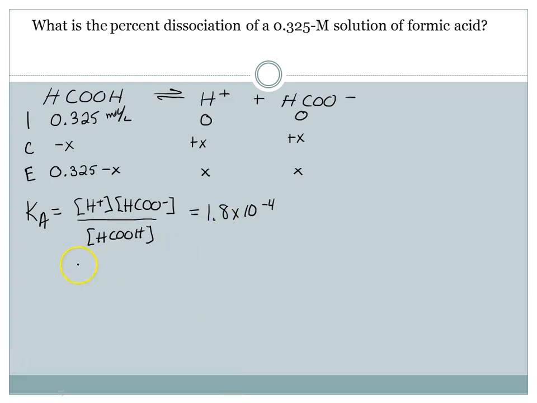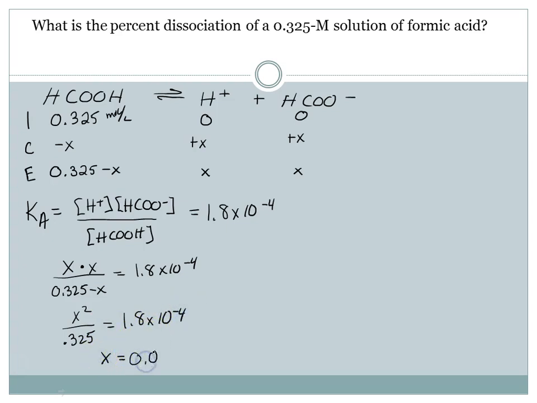Now let's substitute in our values from our icebox. So we've got x times x divided by 325 minus x equals 1.8 times 10 to the negative fourth. Now here what we're going to do is make that little assumption that this x down here is negligible, so tiny that we don't even really care about it, which makes our solving for x really easy. And x equals